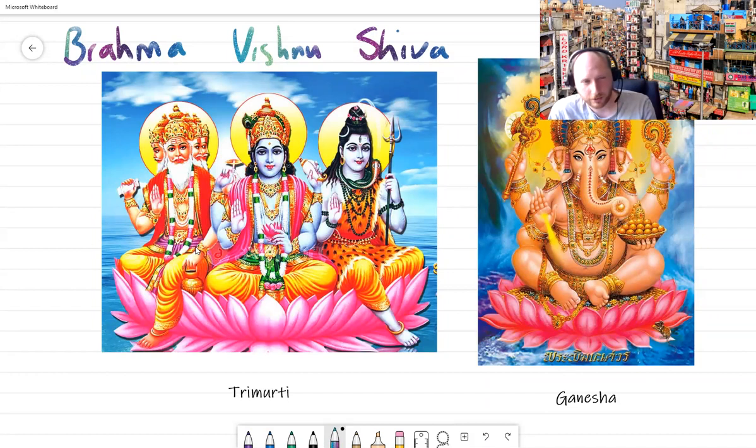Quite a cool story, I suppose. Poor old Ganesha. I think he likes it though. I think he can get quite a lot of stuff done with that trunk. If you just imagine for a second, what would you do with a trunk? Loads of stuff. So, you could steal people's sweets, couldn't you? They're eating a bag of sweets, you just reach out your nose, pick them up. There you go. Poor Ganesha.